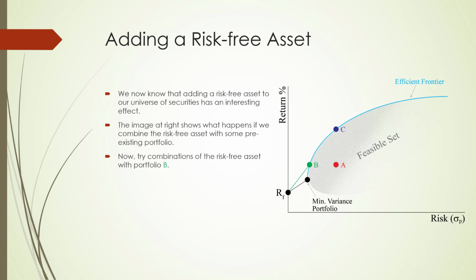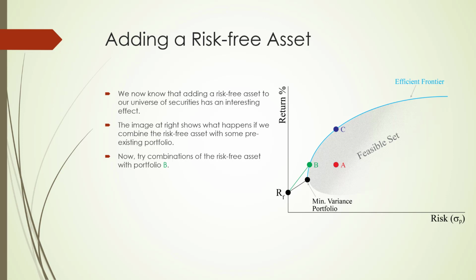So there's no reason for any investor to invest in a combination of the risk-free asset and the minimum variance portfolio, because they're better off if they invest in a combination of the risk-free asset and portfolio B. Well, as I said, we could continue on like this, combining the risk-free asset with every portfolio on the efficient frontier. And if we do that, ultimately what we're going to find is that there is one capital allocation line